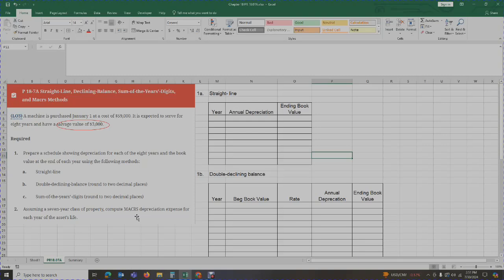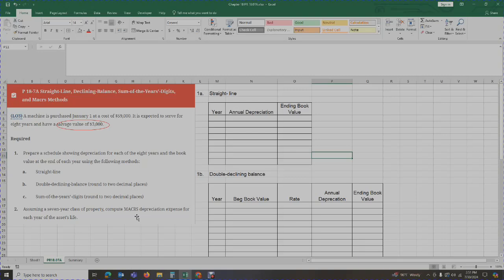Now, just on a side note, most of the businesses that I've worked for, I worked for several maquiladoras, had the habit of depreciating their assets to zero. There was no salvage value. And if we did decide to sell or upgrade or whatever the case might be, we would just take that as a gain kind of a thing. But in this particular case, there is a salvage value associated with the machinery